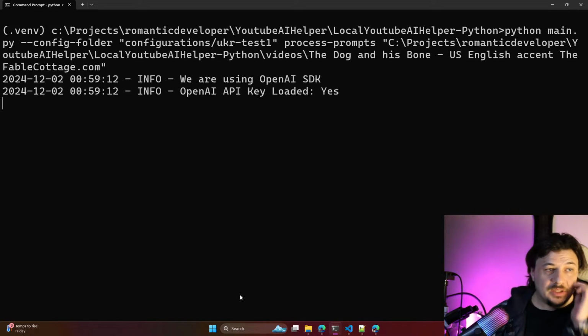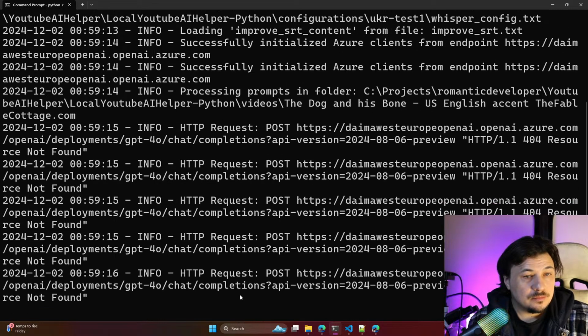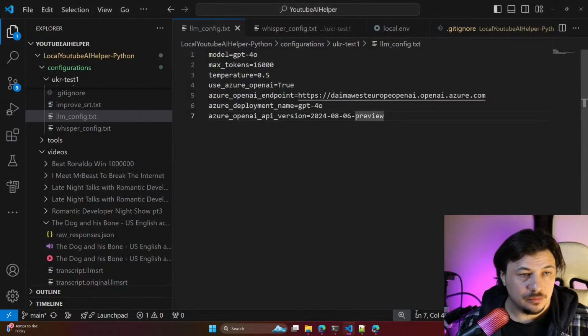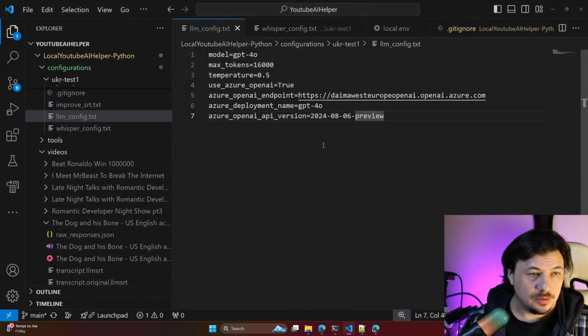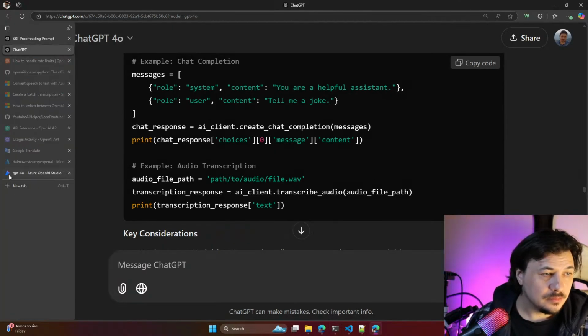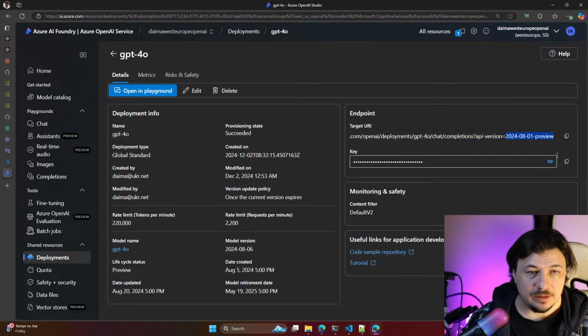So let's try this previous model version. Still resource not found. Preview. Resource. Here is our resource, GPT-4o. Okay, not 8.6, but 8.0.